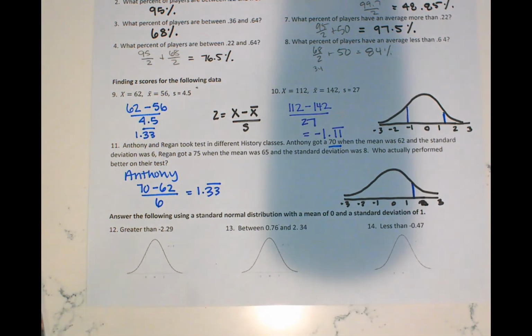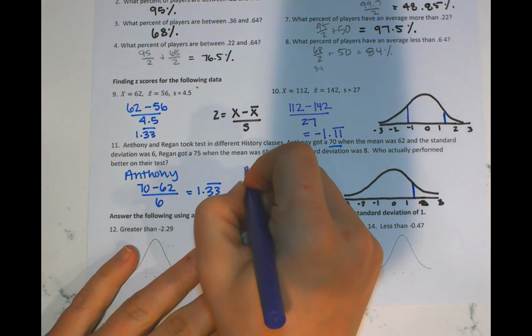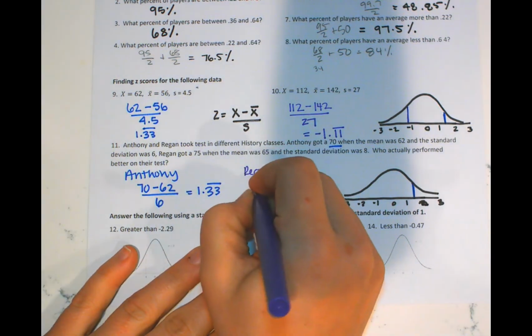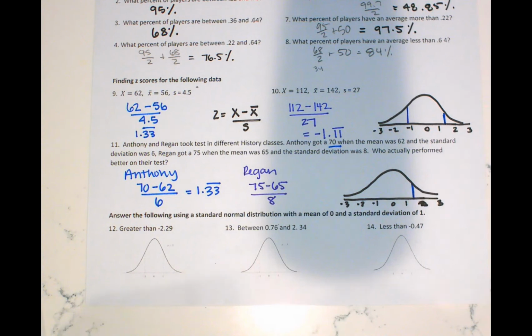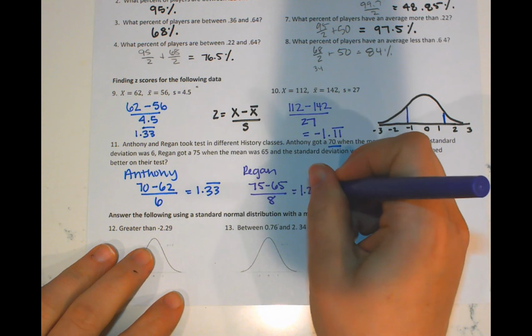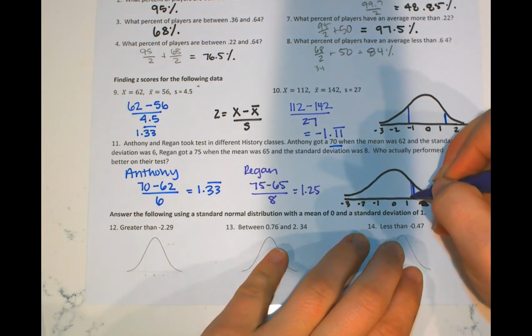And then if we look at Reagan's score, Reagan got a 75 when the mean was 65 and the standard deviation was 8. So 75 minus 65 divided by 8 would give us a 1.25. So that'd actually be closer to 1